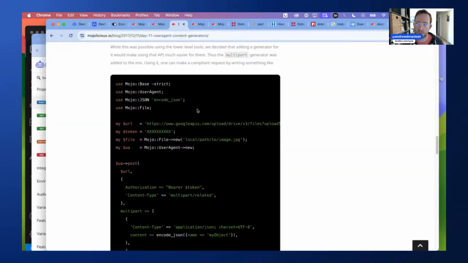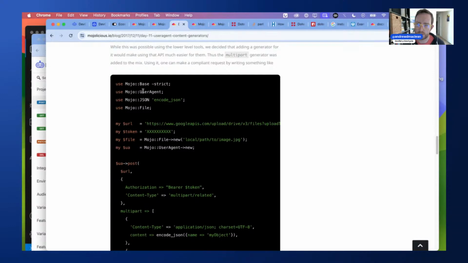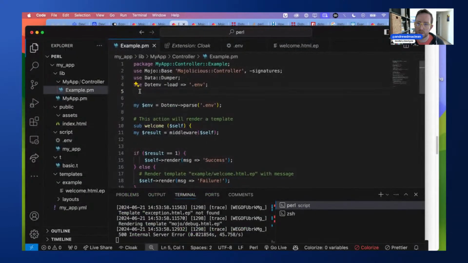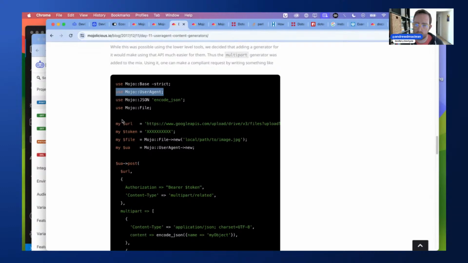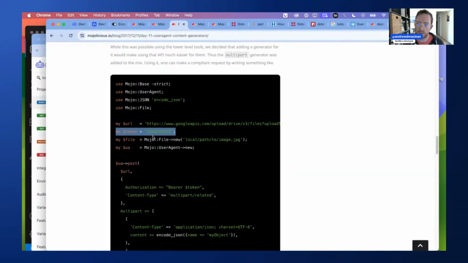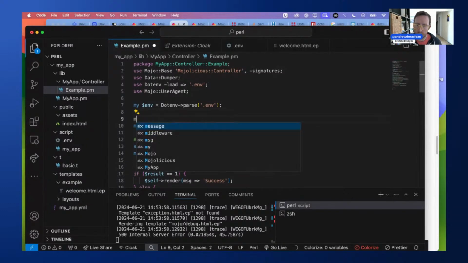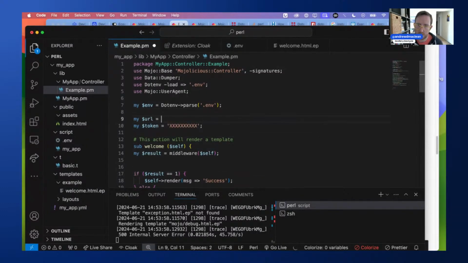So what do we got here? I don't need any of this stuff. Probably didn't even need that .m stuff. Whatever. But I do need Mojo user agent. Sick. Okay, and then my env, my token. Let's go, my token, my URL. My URL equals,